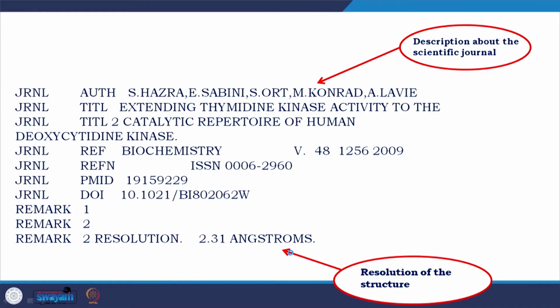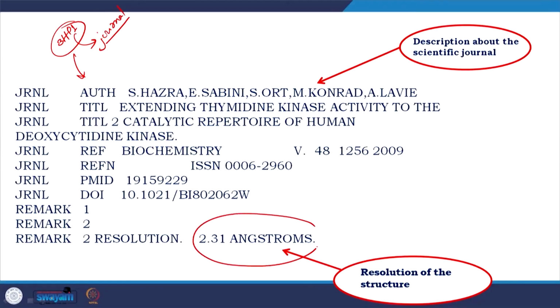The journal, you will see the authors, the title. Why is journal information important? Because you know about a structure 3HP1, but what is the importance of the structure? What is that structure talking about? You will get that information from the journal. So, you have to combine the information you get from the PDB ID about the structure and go to the journal where the authors write about the findings, why this structure is important and how this structure is used